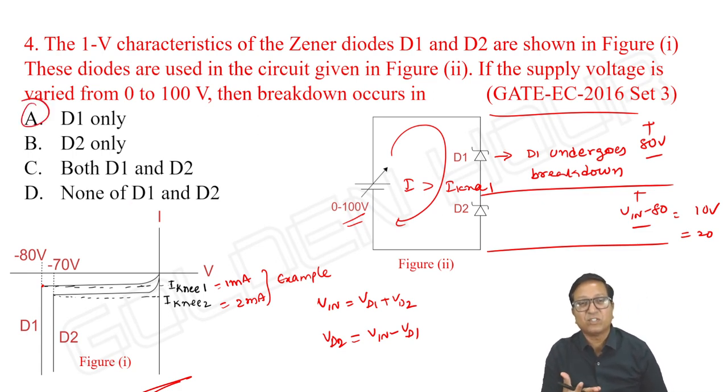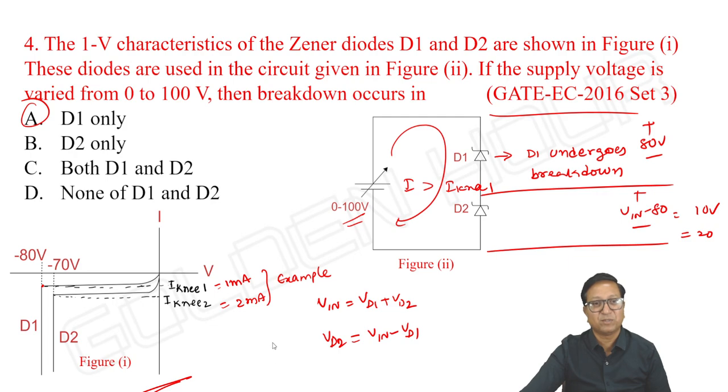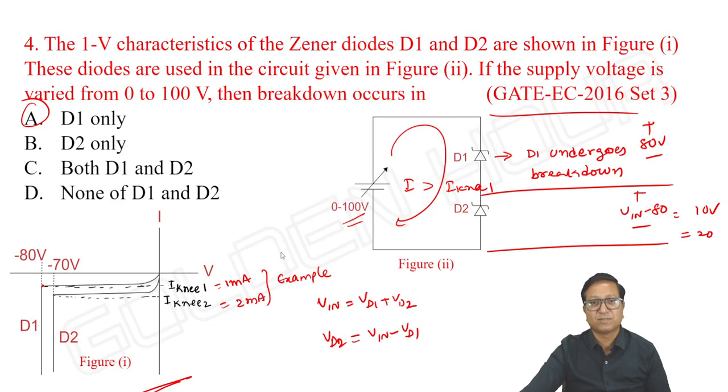See, the breakdown voltage is more and the knee current is less. That is an interesting thing. In that case, as the knee current of D1 is less, even though its breakdown voltage is more, that one undergoes breakdown first. Even though the input may reach 70 volts, as the knee current of D2 is more than that of D1, D2 cannot undergo breakdown. Okay, that's it. This is how we can do this problem. It all depends upon the characteristics of the Zener. That's where the regulators are